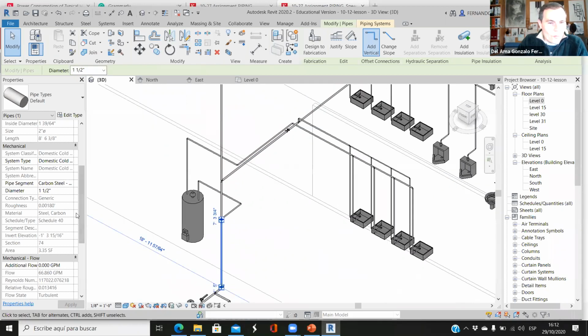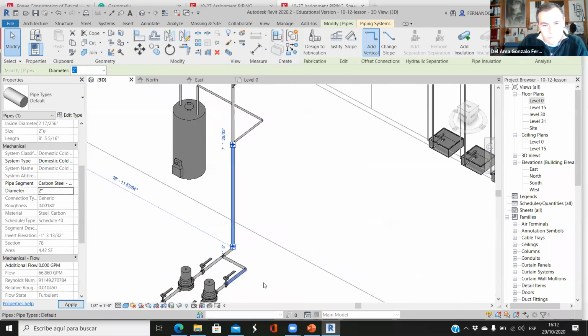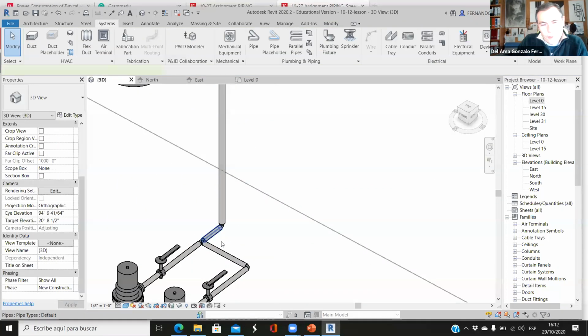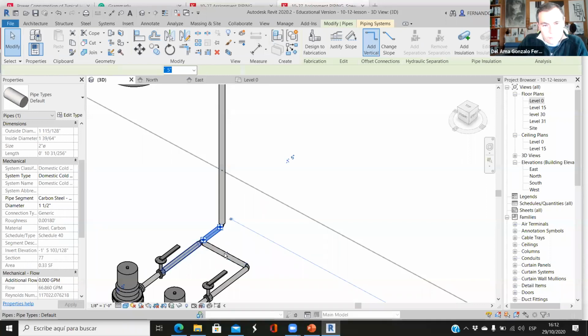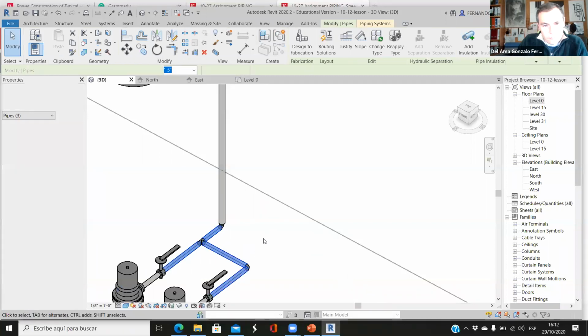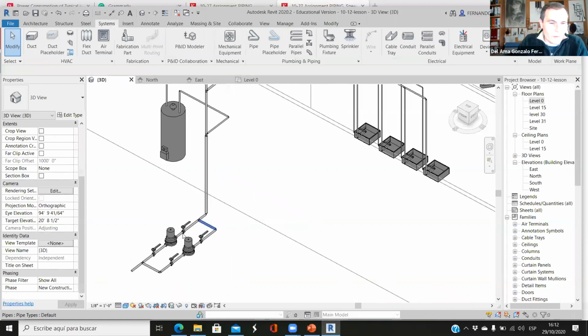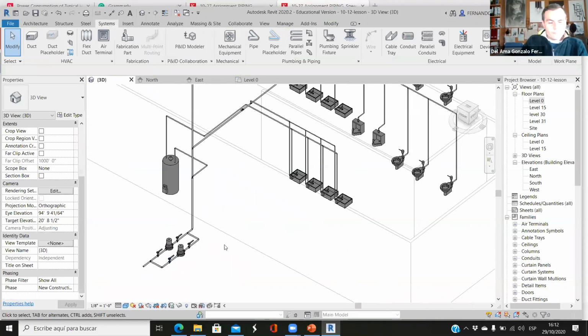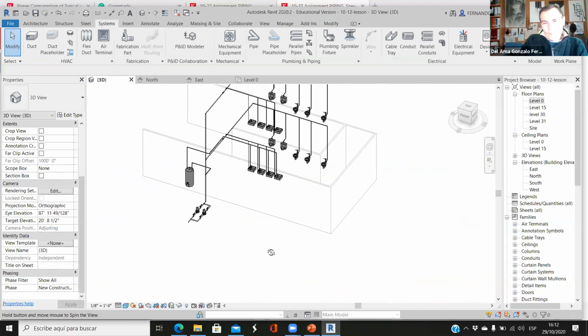Here this should be 1. We don't have 1/3. Okay, 2 inches. And then all these should be 2 inches because it comes from. Okay, so you know what I mean. So all these should be 2 inches. But